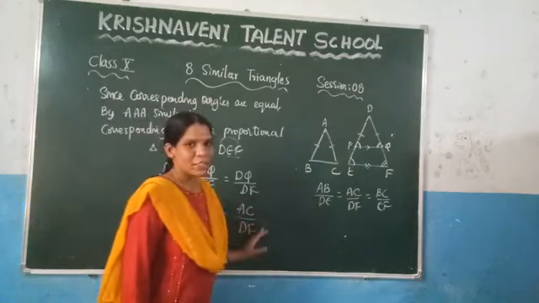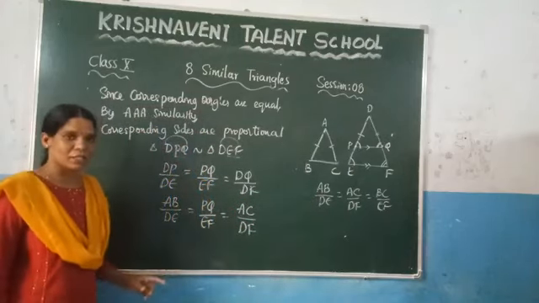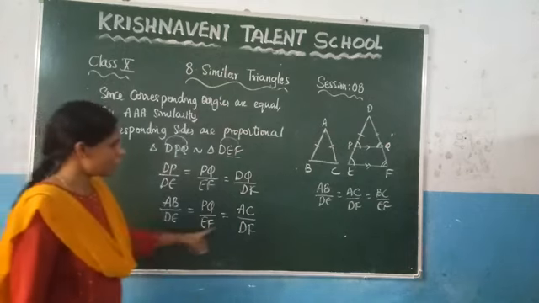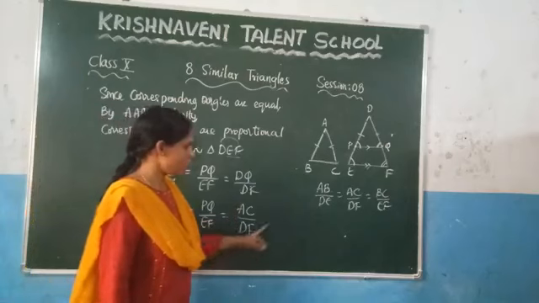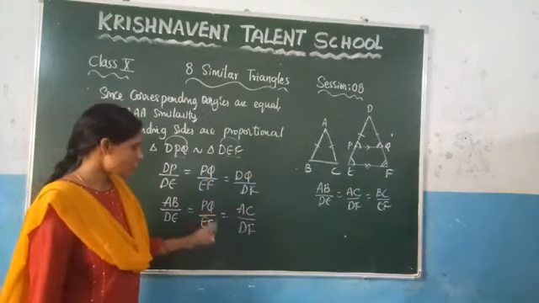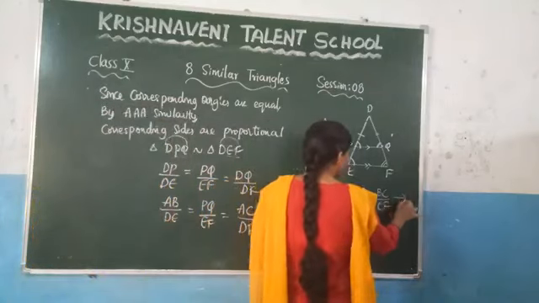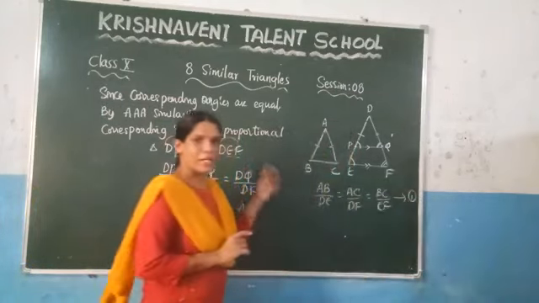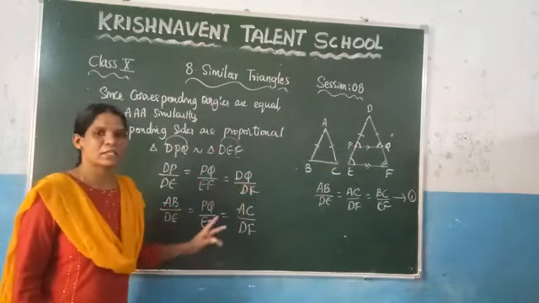Now you can compare these two equations. If you compare these two equations clearly, you can observe that here AB by DE is there, here also AB by DE is there, and similarly here AC by DF is there, here also AC by DF is there. So after equating these two equations, write this equation as 1. At the given, I did not write it, so you write it there, mention that statement as 1.